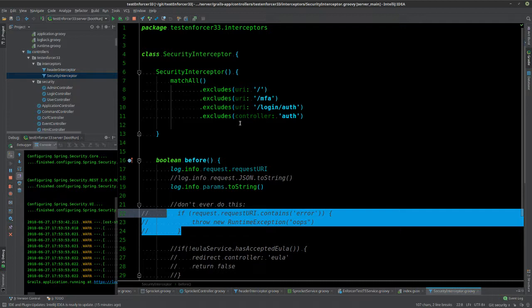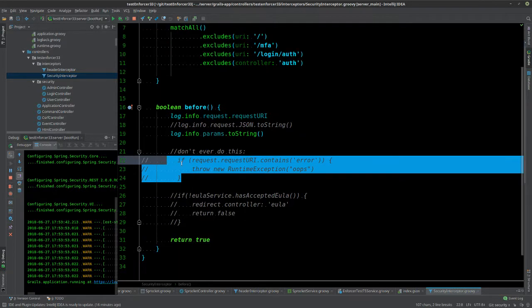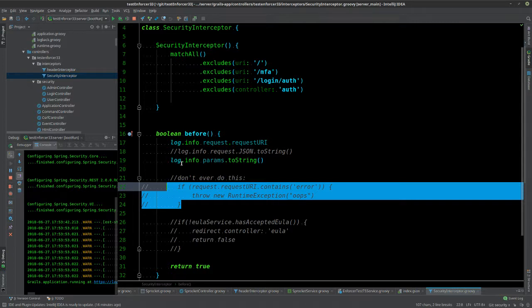Basically, they have different matchers, and I chose the match all, and I'm excluding specific ones, because there are times where you want to exclude things. Say you're doing certain parameter checks that you don't want to happen in your login or something like that. You can also do excludes by URIs, by controllers, by actions. There are a whole bunch of different ways you can set this up. Then you have different handlers like before and after. I think there are a few other ones, but the main ones are before and after.